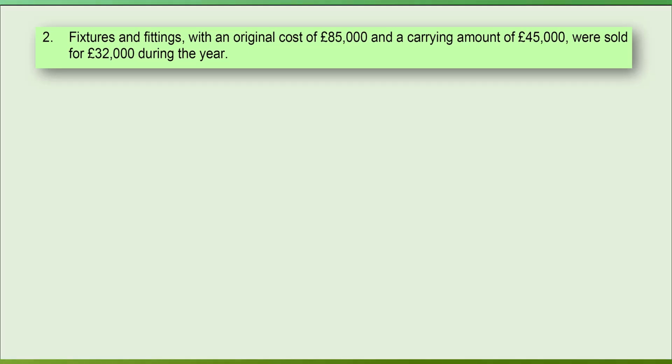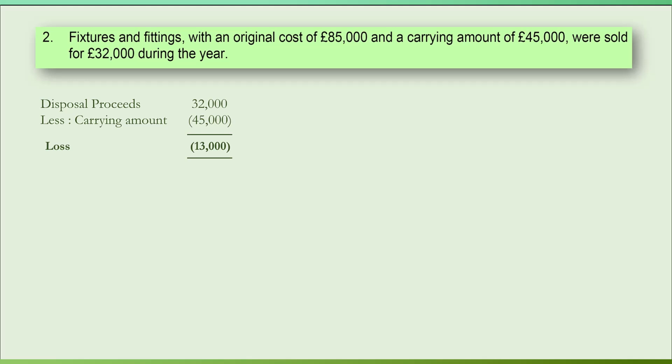While we are here, let's quickly work out the gain or loss on the disposal. So the disposal proceeds, 32,000, carrying amount, 45,000, and there you go. You have a loss. You have a loss of 13,000 pounds. Now that 32,000, based on our assumption, is going to go to the investment activity as a positive cash inflow. And that 13,000 is a non-cash item, and that is that reconciliation item which will be added to profit